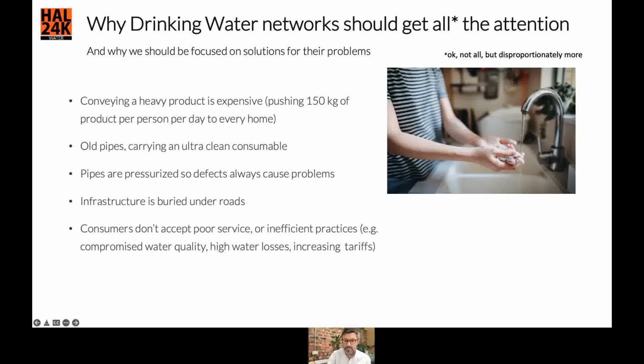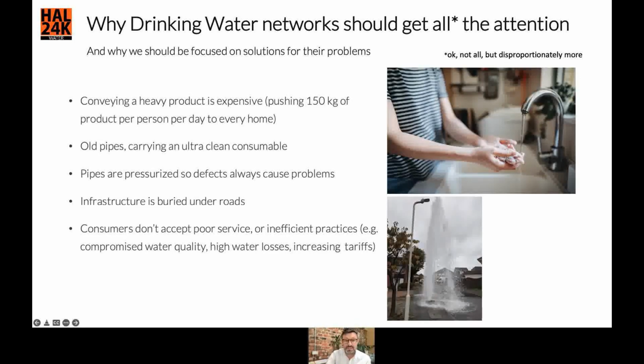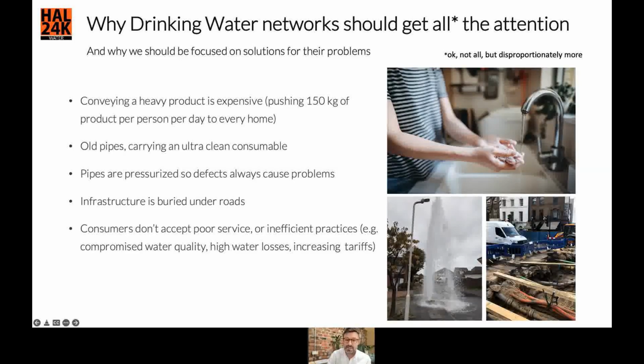And of course, those are problems that exist underneath roads. So you've got the out of sight, out of mind challenge with buried infrastructure, but also very difficult access to the pipe network in most places these days with the busy cities and streets that we live in. And then maybe the final thing to remind ourselves, because I don't expect this is anything new to anyone here, but it's always good to be reminded.